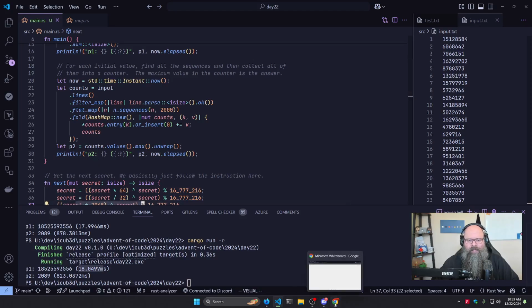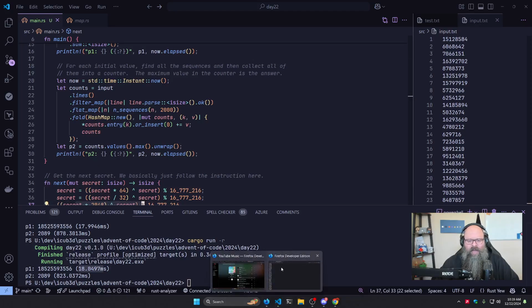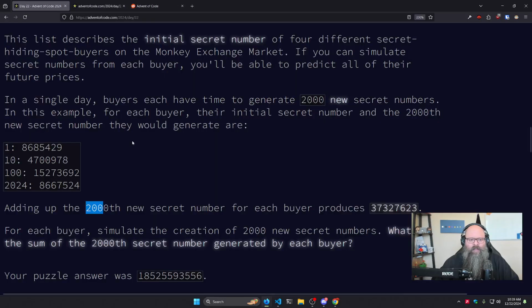Part 2 adds some complexity to it, and I'm going to try and describe it. Hopefully it will make sense to you, but let's just go through it and see if we can get to it. So now that you can calculate the nth secret,